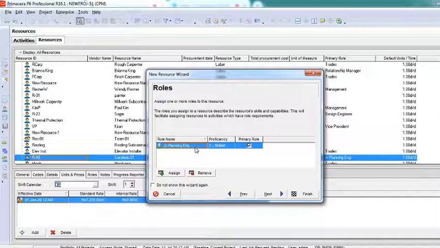Now the moment I assign a role to this resource, there's another thing which popped in, which is proficiency. What does proficiency mean? There are 5 levels here. When I say planning engineer alone, without using the word junior, I just say planning engineer. I could have 20 years of experience as a planning engineer, or 6 months of experience as a planning engineer also. So the rate of a planning engineer is tied to the budget.